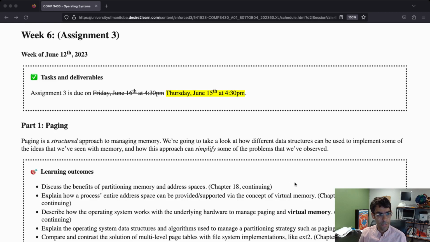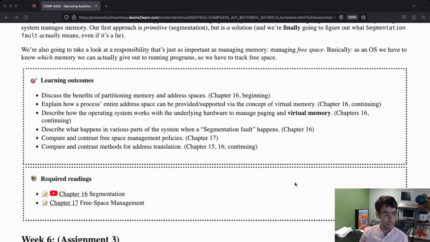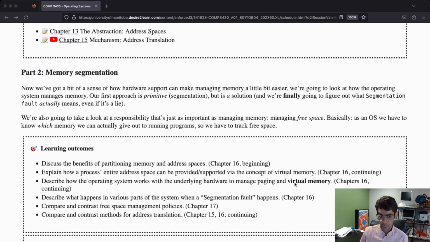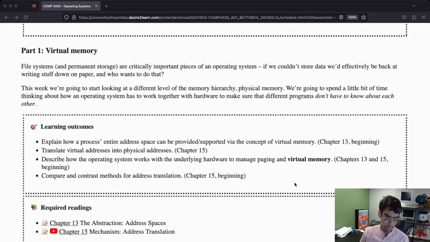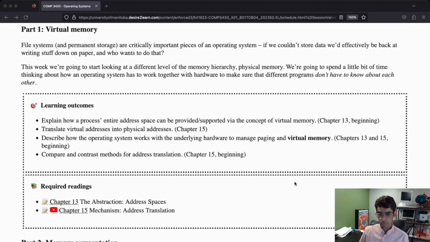Here is the set of learning outcomes for week 6, but we're kind of finishing week 5 at the beginning of this week, so let's scroll up a little bit to week 5. So what we've got in week 5, part 2 and part 1. Part 1 is just an introduction to virtual memory, and we kind of started to talk a little bit about things like base and bounds and segmentation when we were looking at this. So explain how a process's entire address space can be provided or supported via the concept